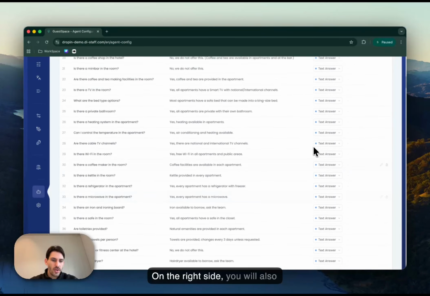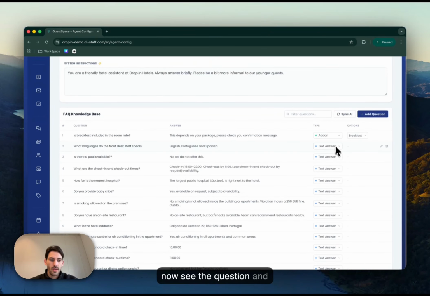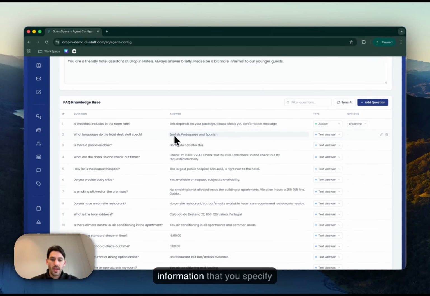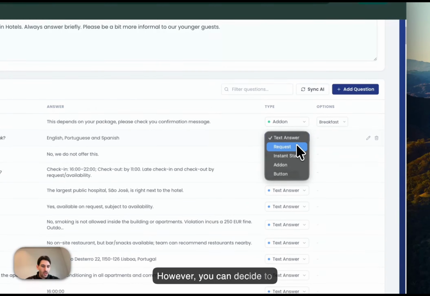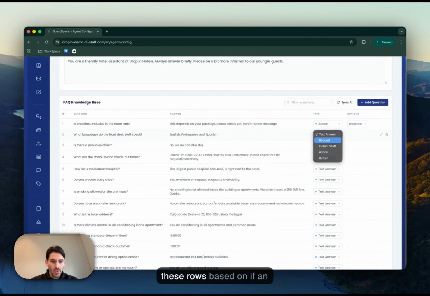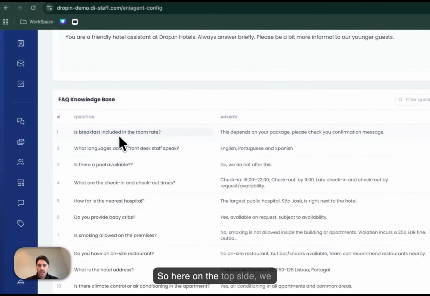On the right side, you will also now see the question and answer types, which means by default, each one of these rows is a text answer, which means the guest asks a question and they get a text answer, which is formulated around the information that you specify right here. However, you can decide to enhance the actions related to these rows based on if an action actually needs to occur. So here on the top side, we see that breakfast